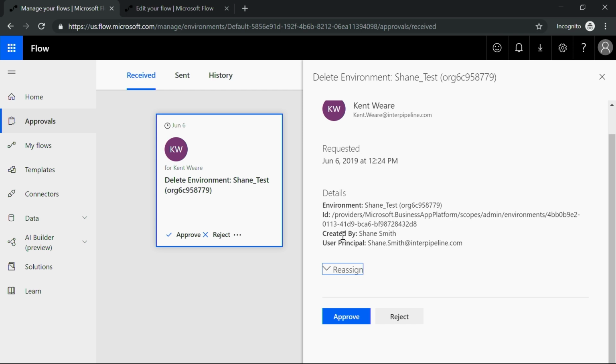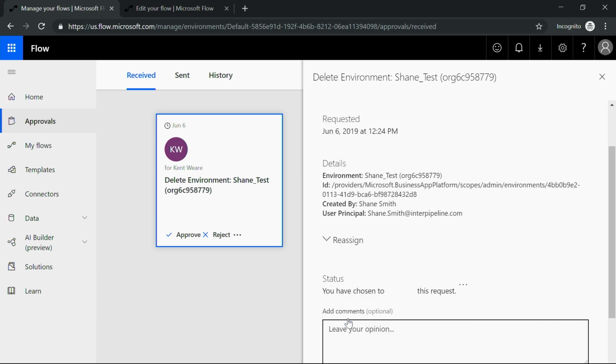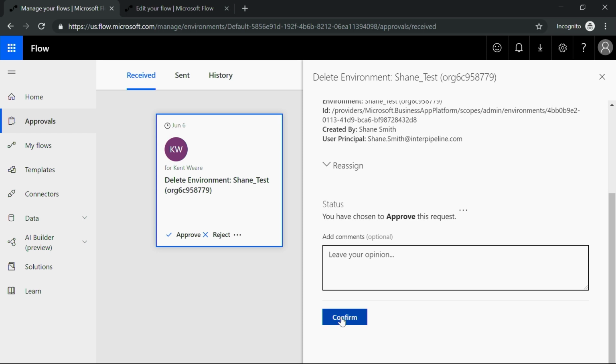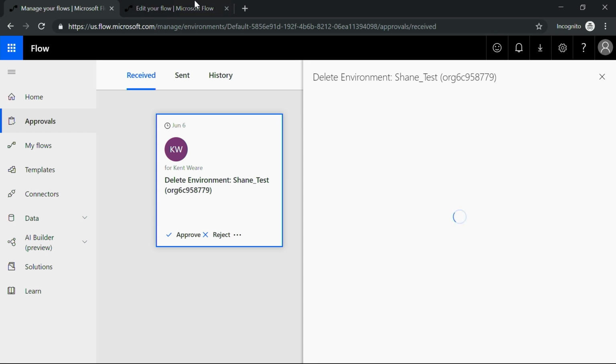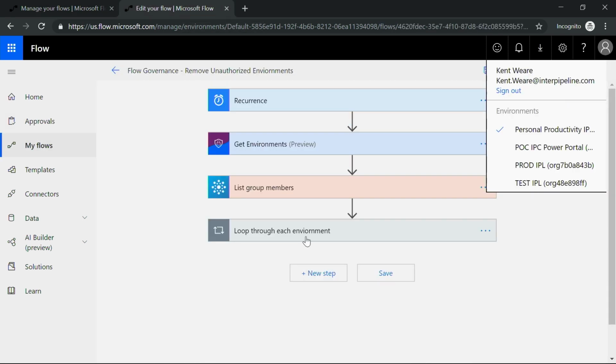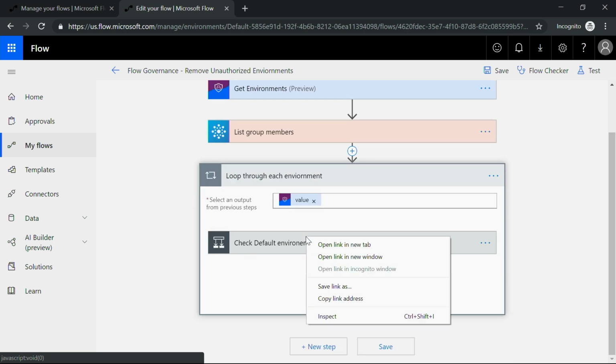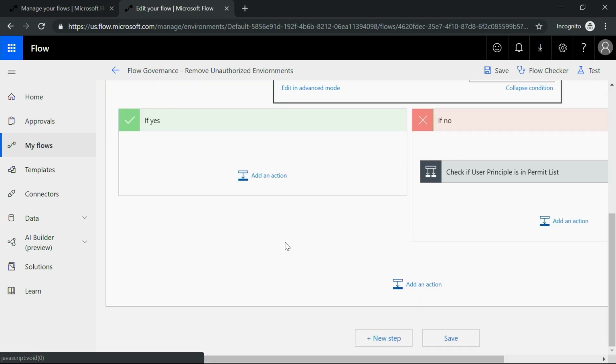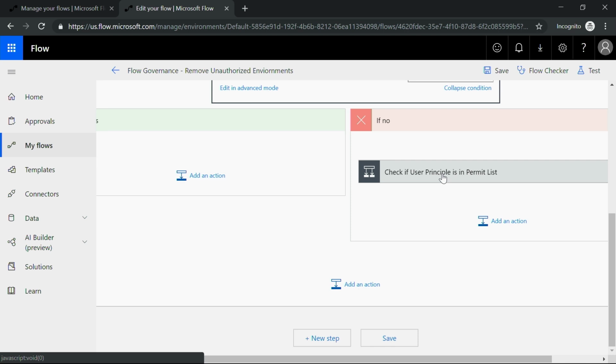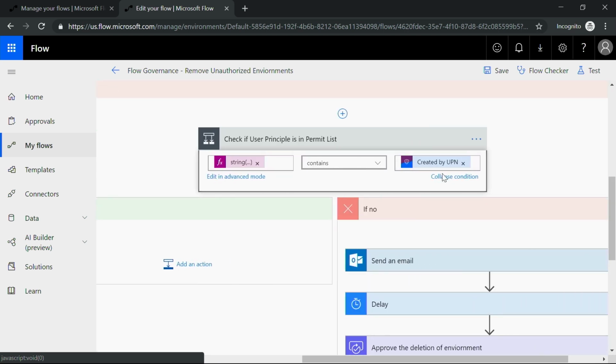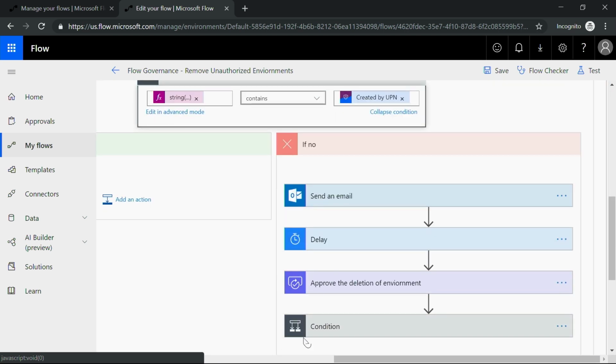And in this case, there is no real need to have this environment. I've already chatted with Shane. We've moved his assets over. I've just been waiting for this presentation to hit the button. And then what can happen is when I go ahead and approve this flow, we're going to actually see the flow kick in, and it'll go ahead and delete the environment, and send out communication indicating that we have deleted this environment and that they can make additional arrangements.